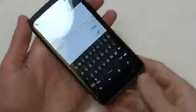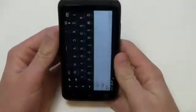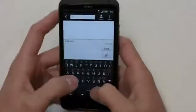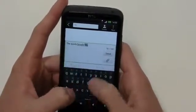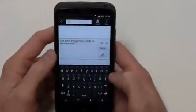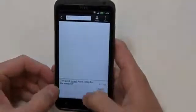If you have large thumbs, you throw this thing into landscape mode, you should be perfectly pleased with the typing experience. Still, I think they made some great improvements on this keyboard as opposed to even the old HTC Sense keyboard, which I liked, but still thought it had some issues. I find that it works pretty well. The quick brown fox is ready for the weekend. Quick brown fox is ready for the weekend, and I can easily go down here and get rid of the keyboard,